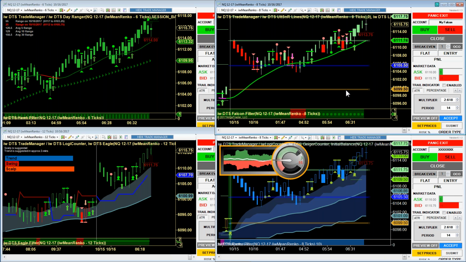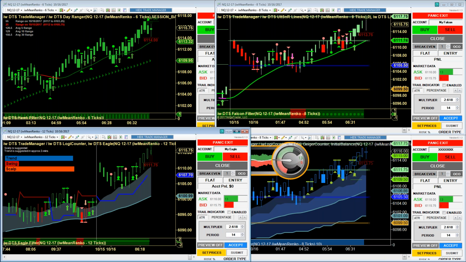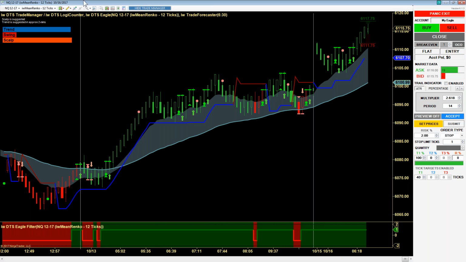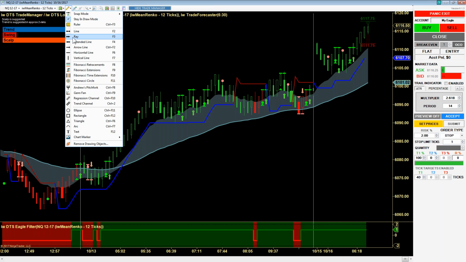Scott says, how about drawing a pitchfork? I still haven't figured that one out. Sure, let's draw pitchforks. Andrew's pitchfork is a pretty nifty indicator. What Mr. Andrew recognized was that the market tends to trend around a norm. This is similar to, well, the same but different to what Gann suggested. Gann suggested that trends